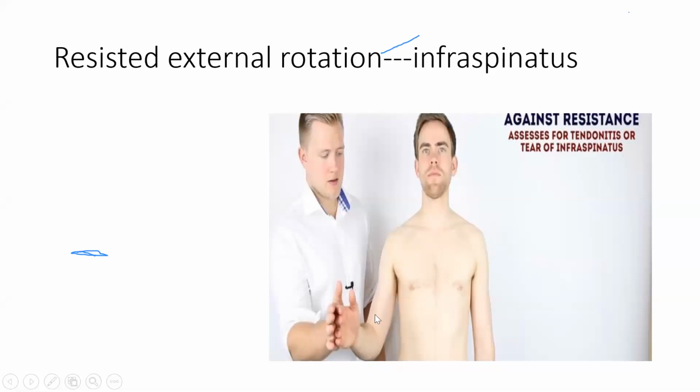Normally you do external rotation in this direction. You are taking this outside. So what is external rotation? This hand should go outside. While turning your hand outside, you should be resisted by the doctor so that it can measure the strength of your external rotation. So this is a resisted external rotation to look for your infraspinatus and teres minor. It's not only for one muscle.